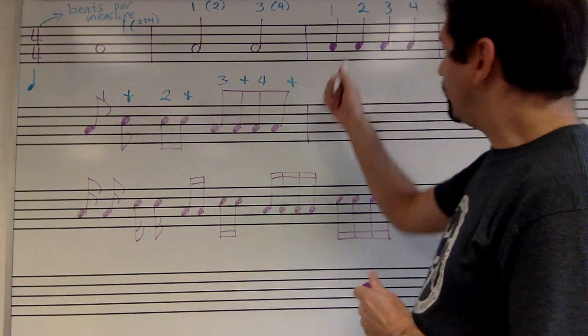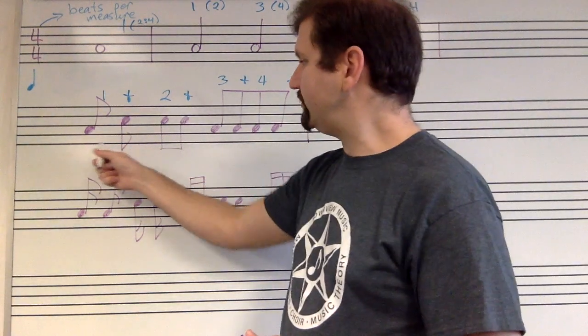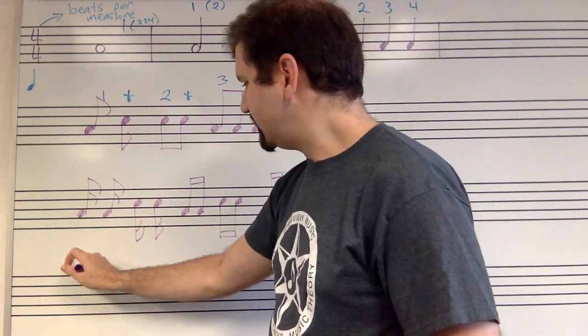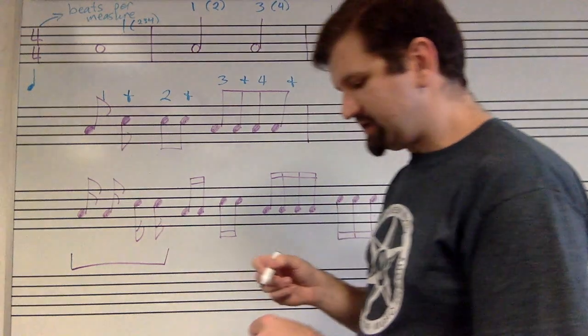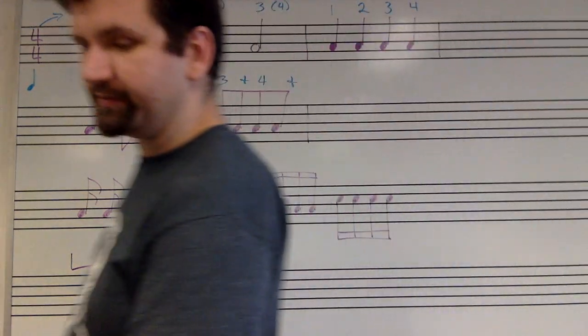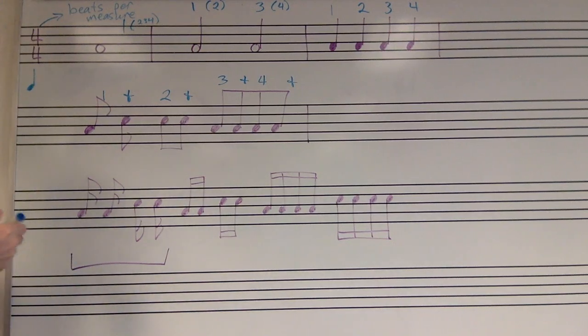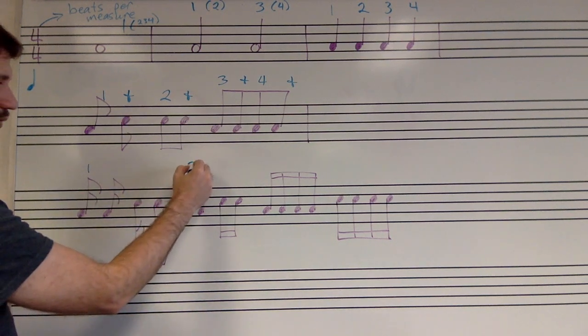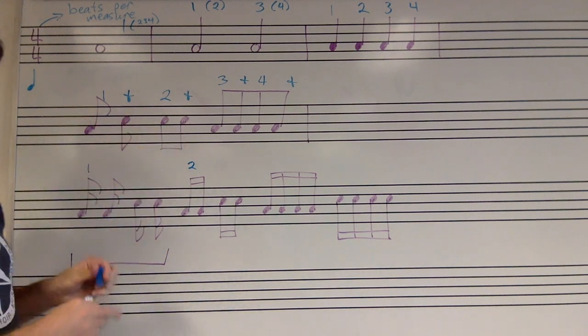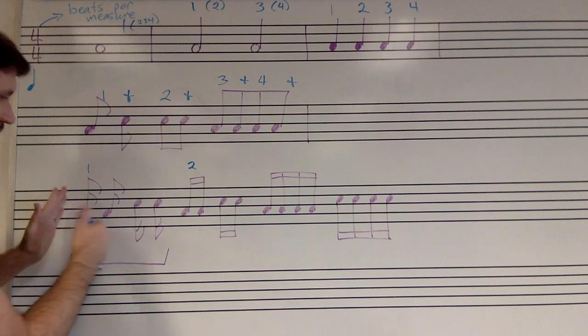So if you think about one quarter made two eighths, then two eighths make four 16ths. So it takes that many 16th notes to make one beat in this song. And what that means is that the very first one here will be 1, and then all the rest of these things happen before we get to 2. So as we keep cutting the notes into smaller and smaller pieces, we get more and more things that fit